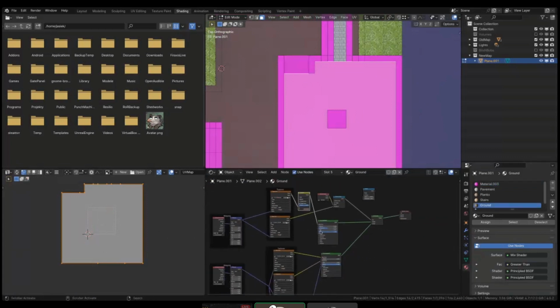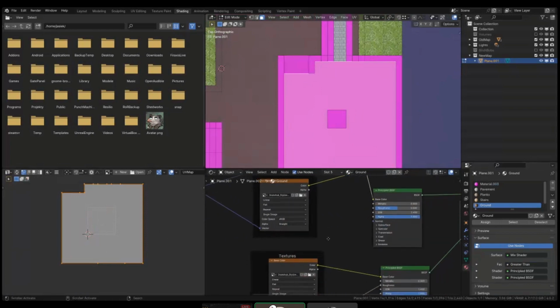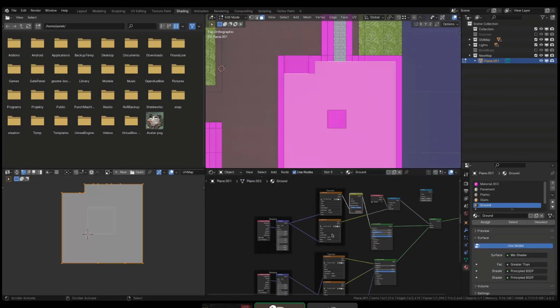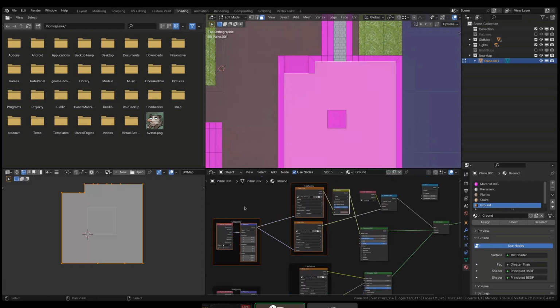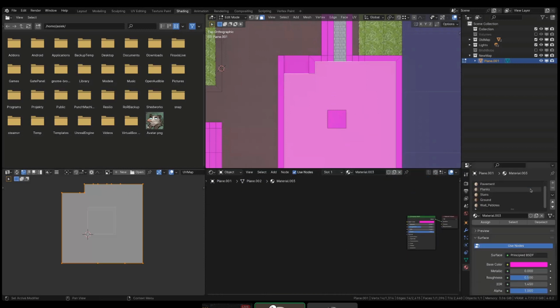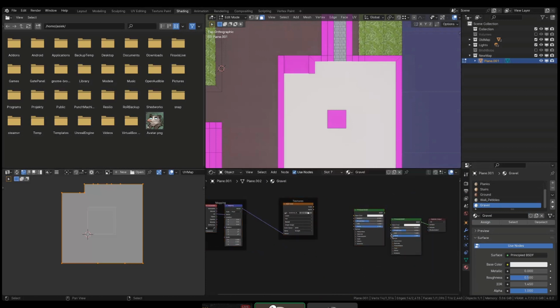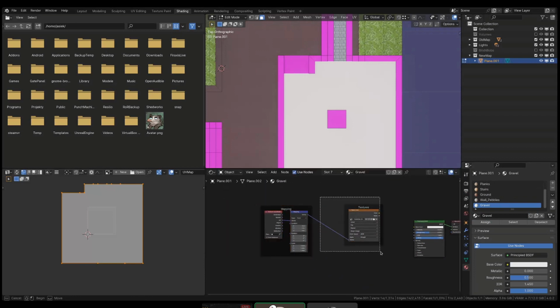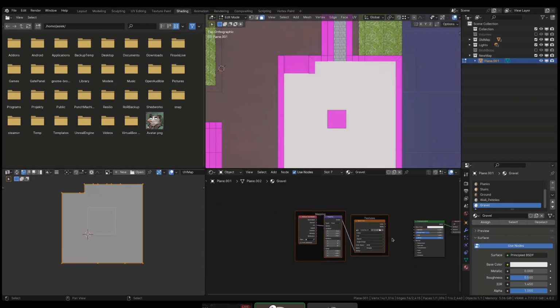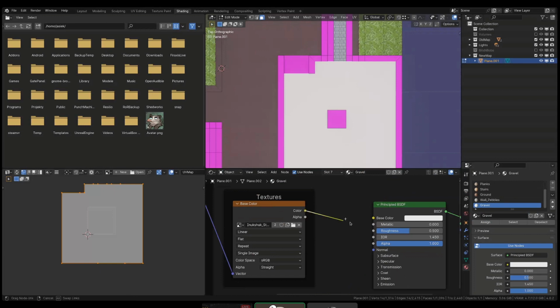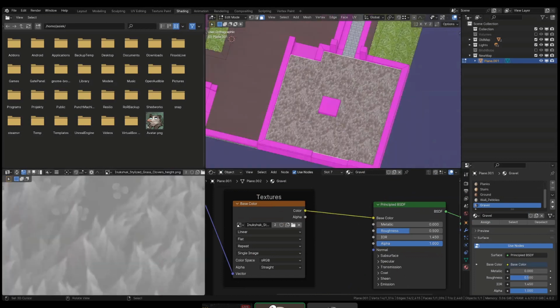So maybe let's take our... which one is this? Maybe let's take our dirt. I just need those two. Create a new material for it. Also, the sucky part with stuff like this is that for a long while it just doesn't look very good. You just have to stick with it because most of it comes down to lighting, baking out shadows,